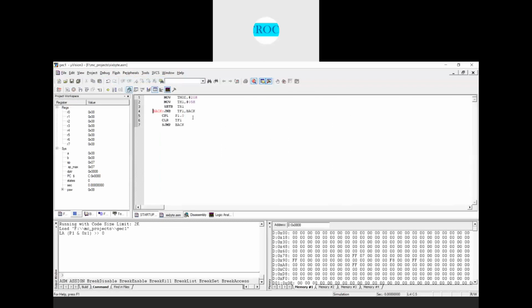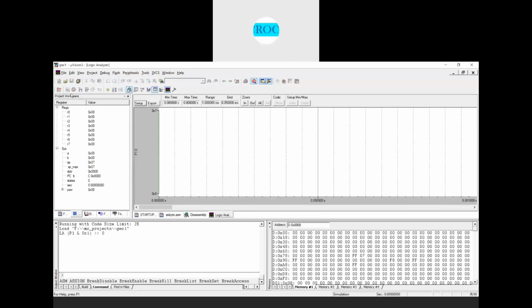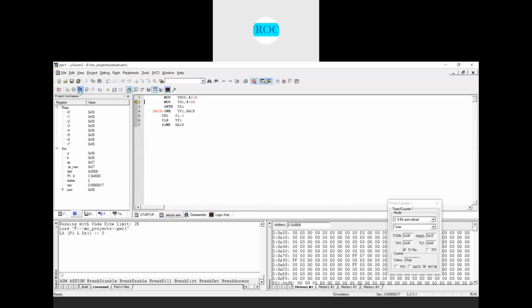If you see this one, it is P1.0, and we already set that P1.0. This is the bit we have. Now run this program. You can go to the peripherals and see, since Timer 1 is selected to operate in mode 2, the T mode we have is 2 here. The Timer 1 value we have is 0 now. Now execute, so that you can see what we have.